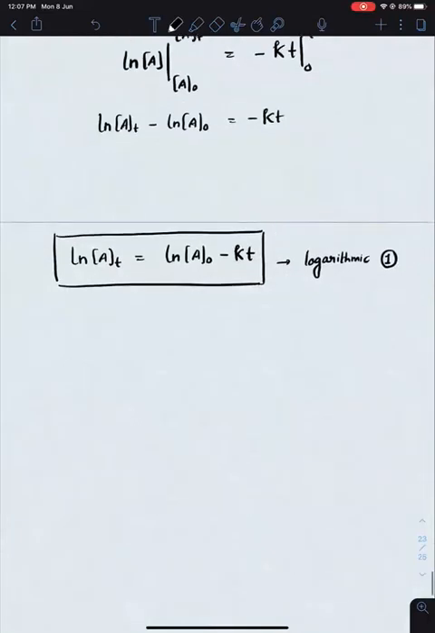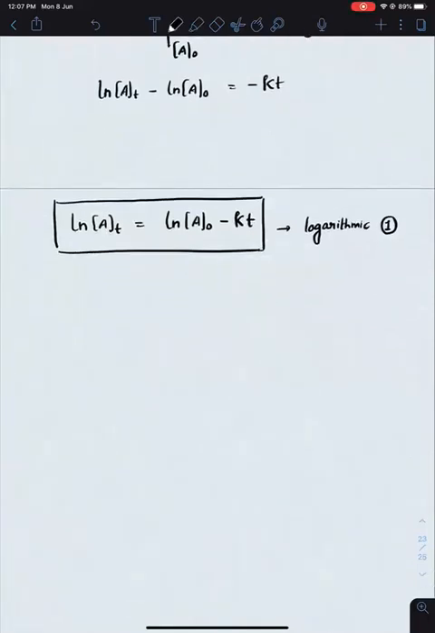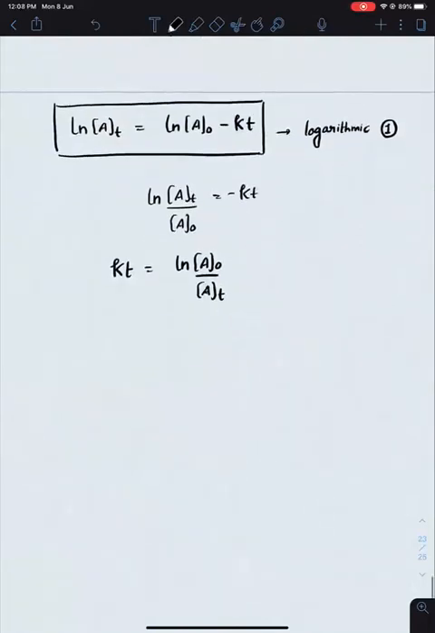अभी इसमें थोड़ा rearrangements करेंगे. Observe, I can also write ln at minus a naught as ln at upon a naught. Log a minus log b is log a by b na, is equals to minus kt, or else I can write kt is equals to ln a naught upon At. वो नेगेटिव से निकाल दिया, so I am writing this as a naught upon At, not At upon a naught. Okay, or else I can write this implies k is equals to 1 by t into